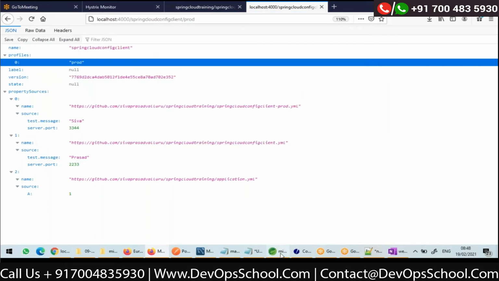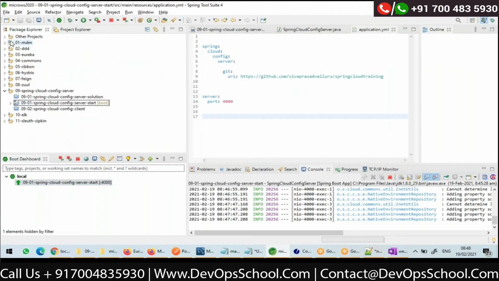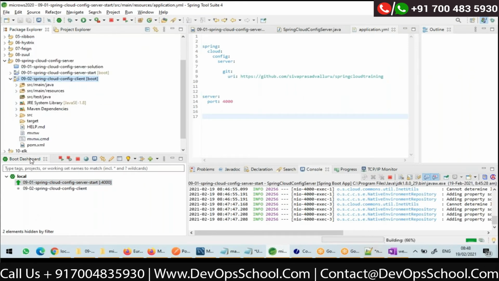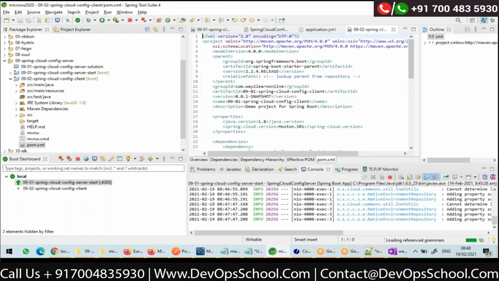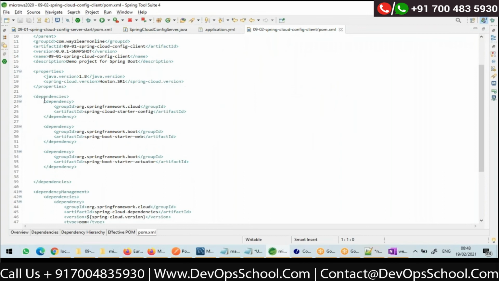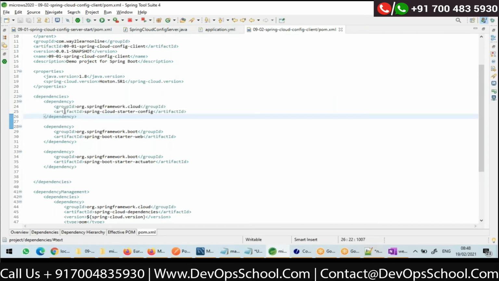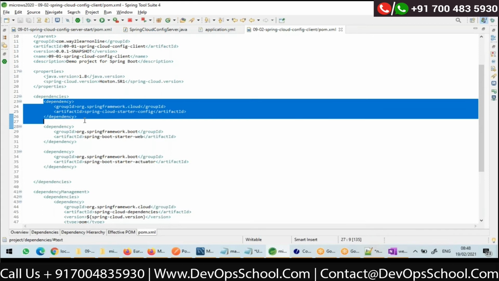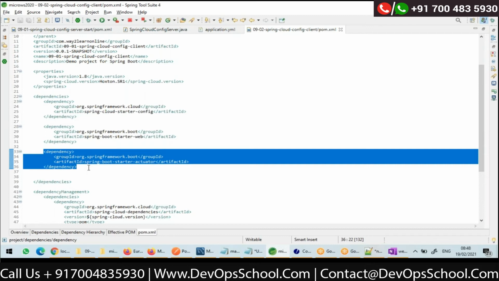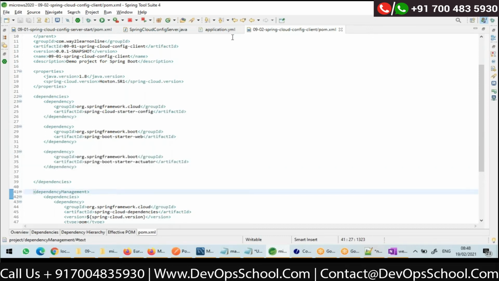Now let me start the microservice. A simple code. Here I have one application. This should be the client to the config server, right? So here in my pom.xml, I wrote Spring Cloud config client as dependency. Okay. Spring Cloud config client as dependency I have added. And I have Actuator. I'll tell you the purpose of Actuator, why I have added it, just now. Then